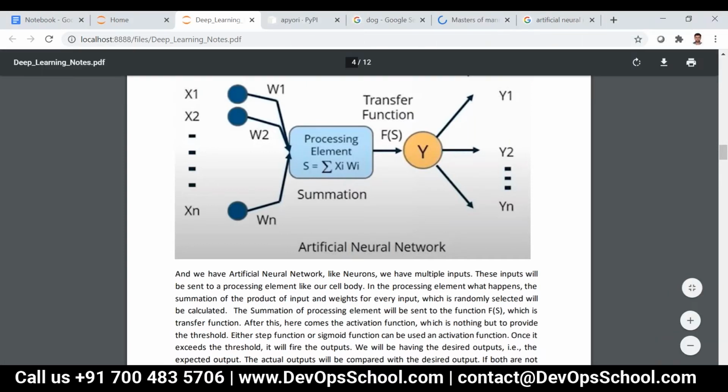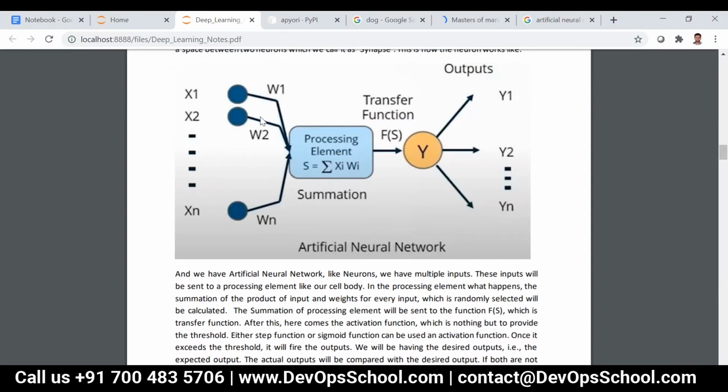Okay, so now I have neurons, our network. This is just a single layer. Don't consider this a complete layer. So consider this a single layer now.